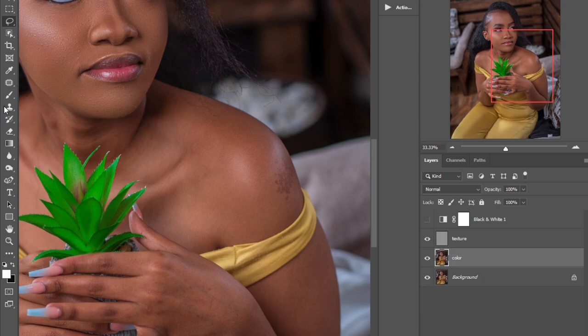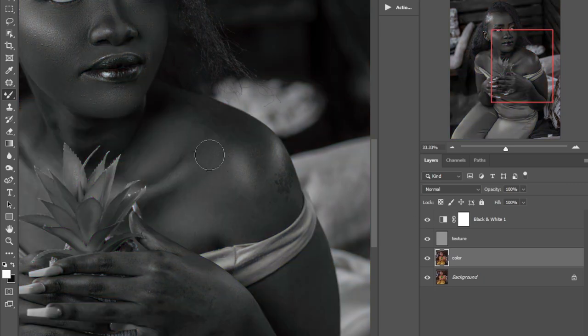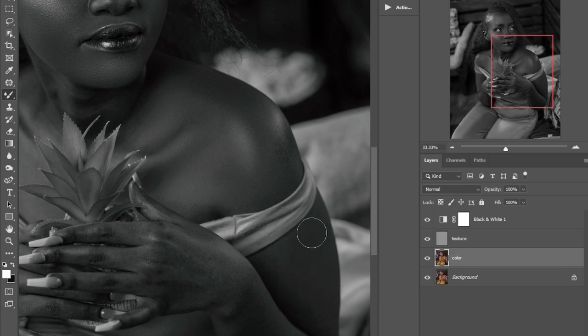You can also use the mixer brush tool. They all work the same. Creating the layers is where the difference is, guys. I don't know if you have really seen that. Instead of using the Gaussian blur, where maybe you have a problem getting the best values, just use this method. This is one of the easiest methods I know about frequency separation, and it can really give you some good texture